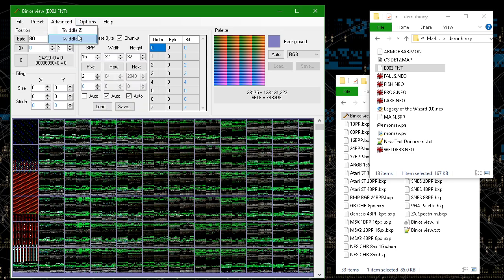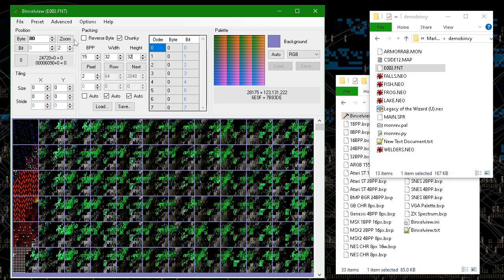So we have these twiddle formats. And these are common in modern texture formats, and the Dreamcast had such a hardware feature.